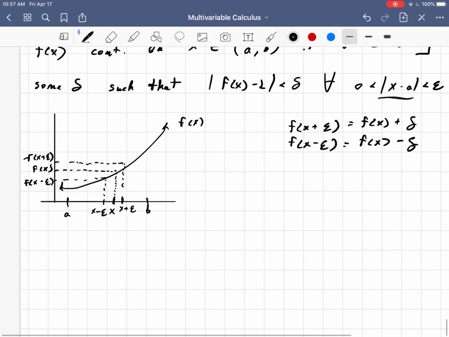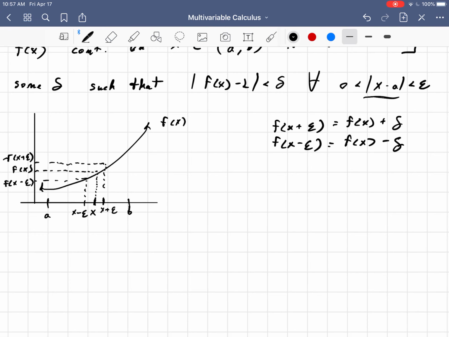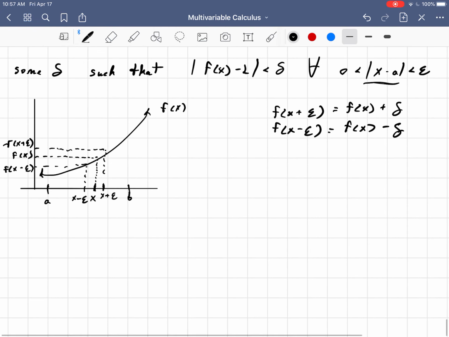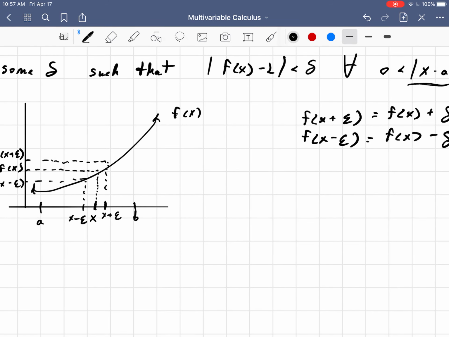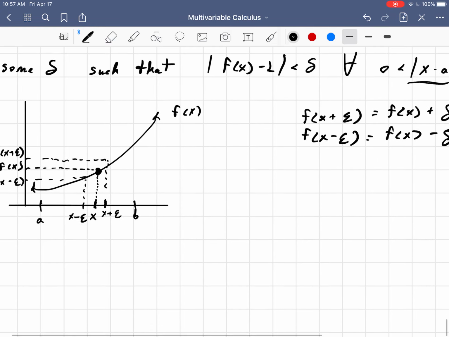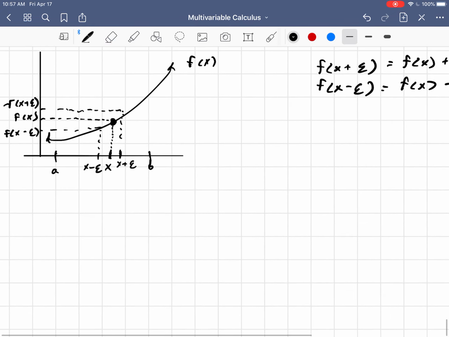And f of x minus epsilon is going to be f of x minus that same little distance delta. Now, it's not entirely rigorous what I mean by a little distance, but the point is that it can be as small of a distance as I want. See, we're letting epsilon go to 0. In other words, we want to,